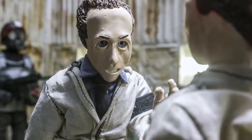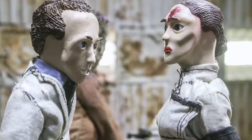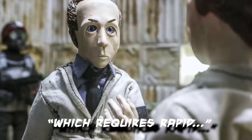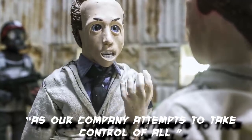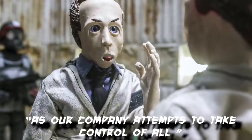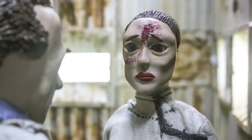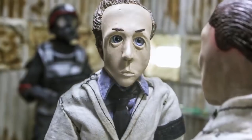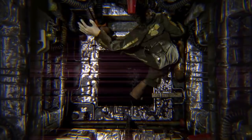After Trevor leaves the room, Steven gives Katie a monologue stating that the company wants to take control of all possible futures, which requires rapid, intelligent adaptation. And he tells Katie that if she can't commit to this, then she shouldn't be here, and even threatens to kill her. And while this is going on, Carl is able to make his escape into the air vents, but